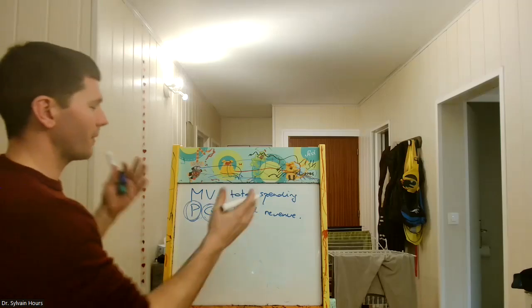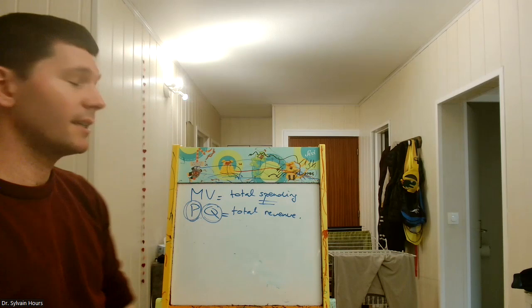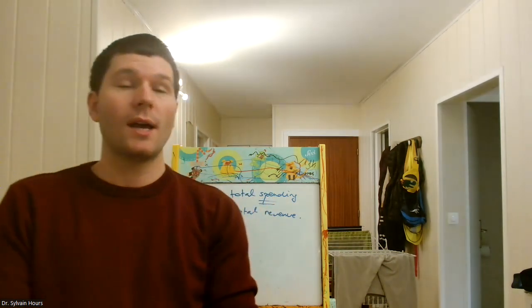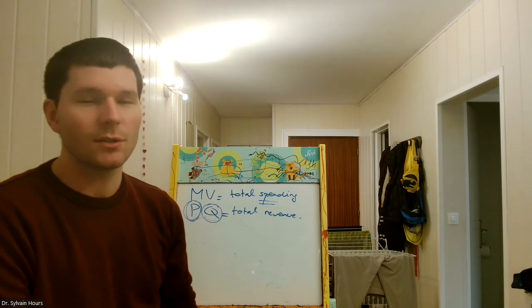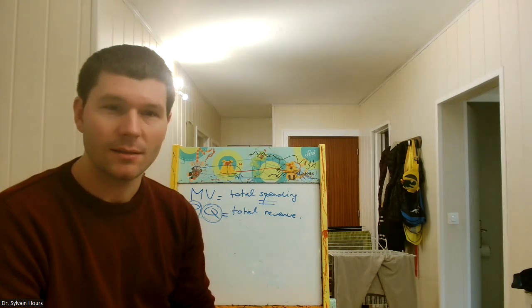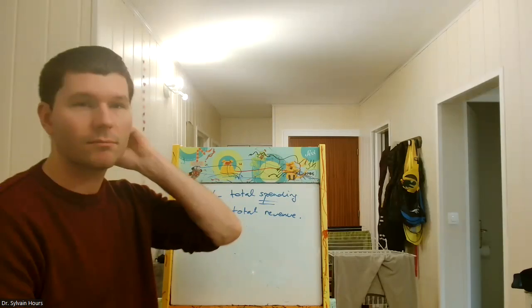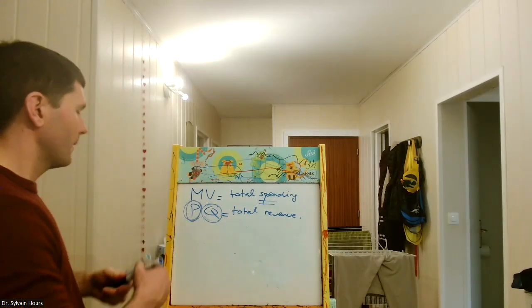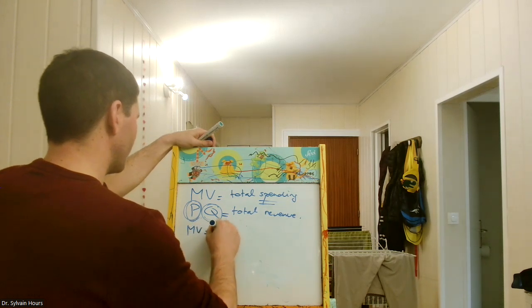And of course, in an economy, total spending is always equal to total revenue. Every time someone spends $1, this dollar is a dollar of revenue for someone, always. So this equation, which is almost a bit silly, just tells you that everything that is spent in the economy, spent by someone, is received by someone else. That's it. Now, if we rearrange it a bit, so we have MV equal to PQ,